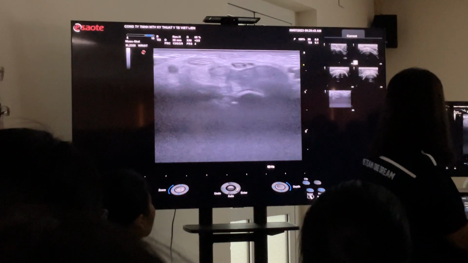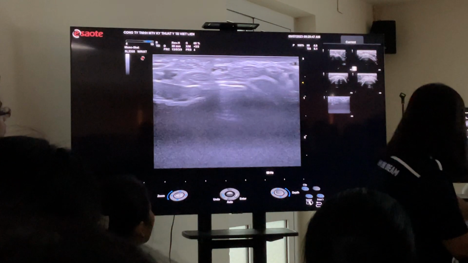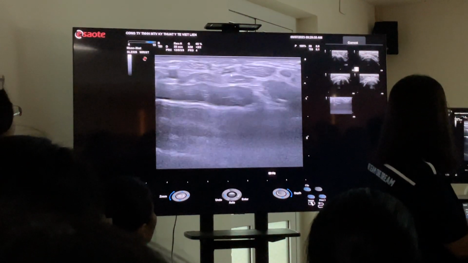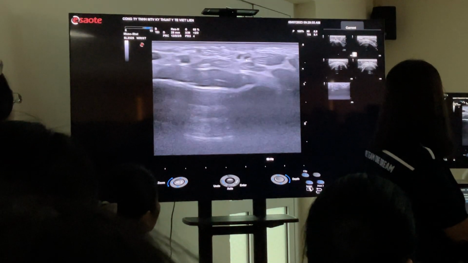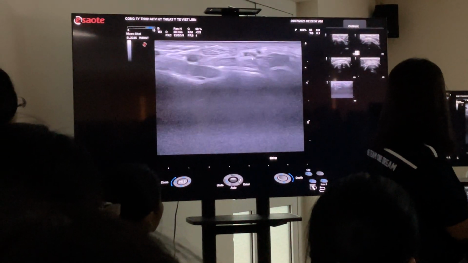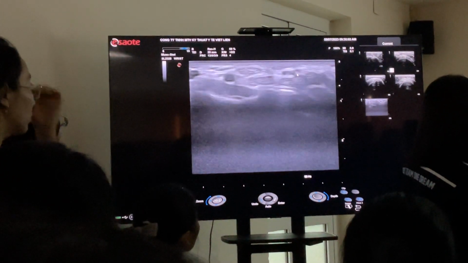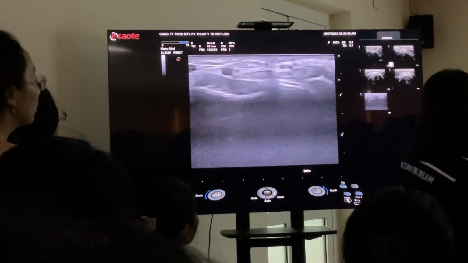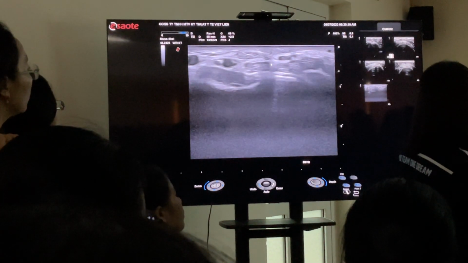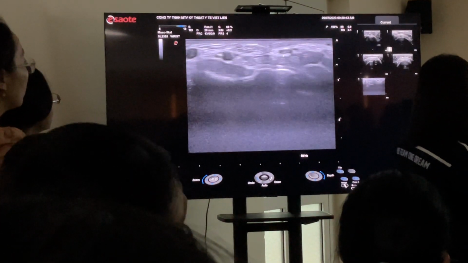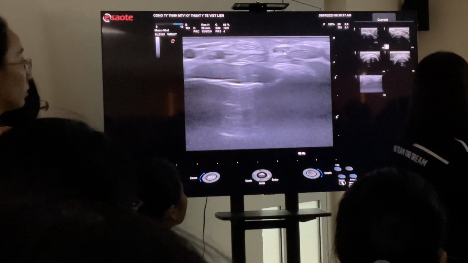So again, we just want to check it again. So if you see here, yes. So again, we are just going up to see the median nerve. Okay, so this median nerve, can you differentiate the nerve from the tendons? So this is more hypoechoic and less compact. Okay, so these are tendons which are more compact here. So sometimes you face difficulty in identification of the median nerve from the tendons. So this is one thing which you can say, we can see this is more hypoechoic and shows the honeycomb